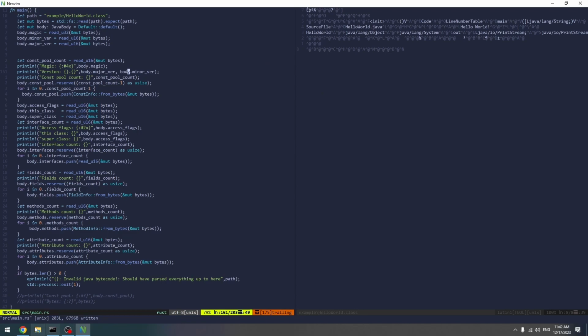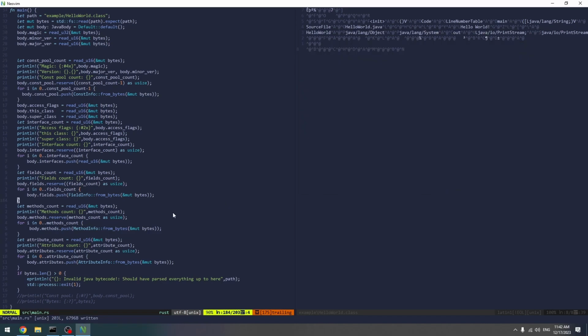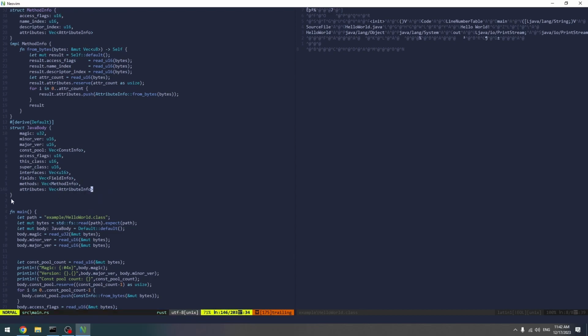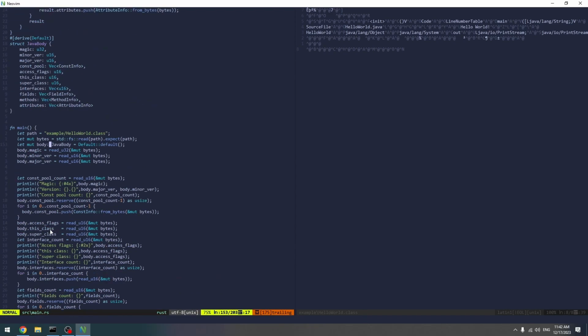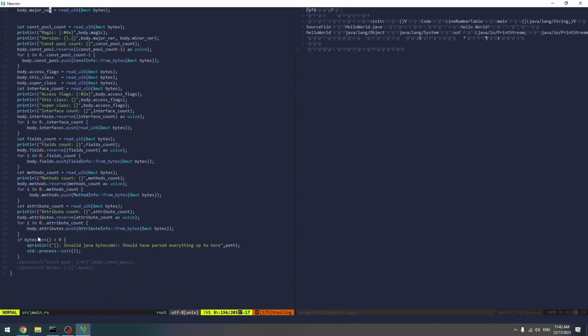Now we can actually log some stuff and get some information. But now we have the version ID, the constant count, the access flags, the this class, superclass, interface count, fields count, method count, and then the attributes count. That's kind of cool, right? That's kind of interesting. So yeah, now it would be really nice if we could just log the body itself. Body, that's the Java body,